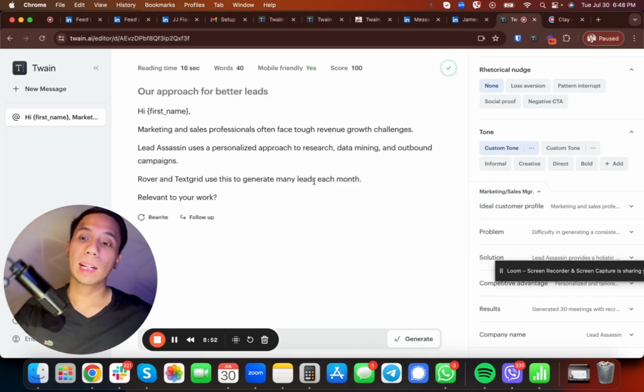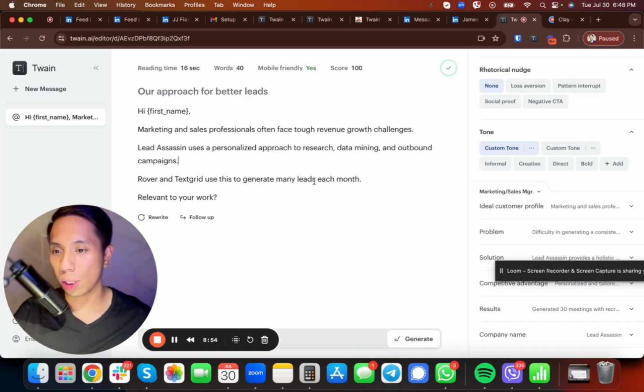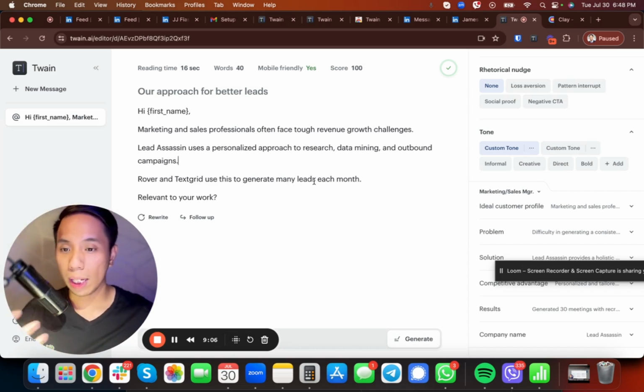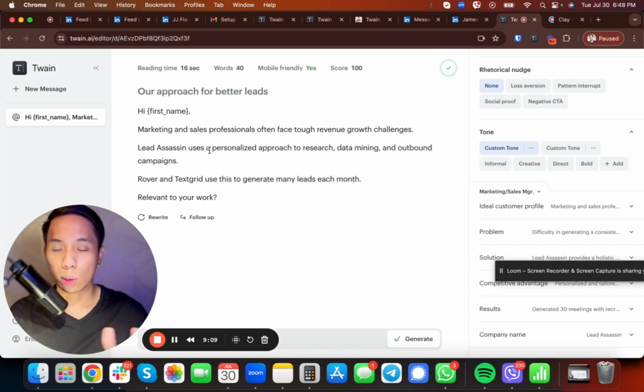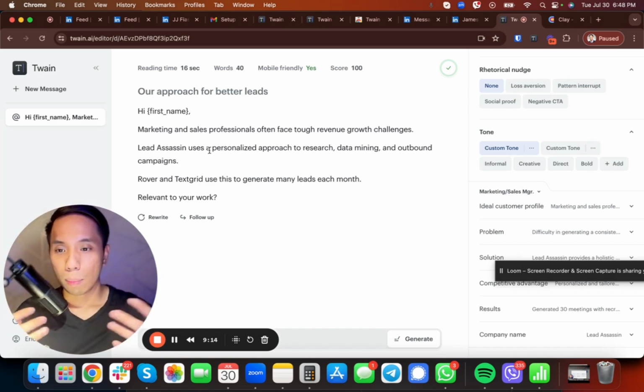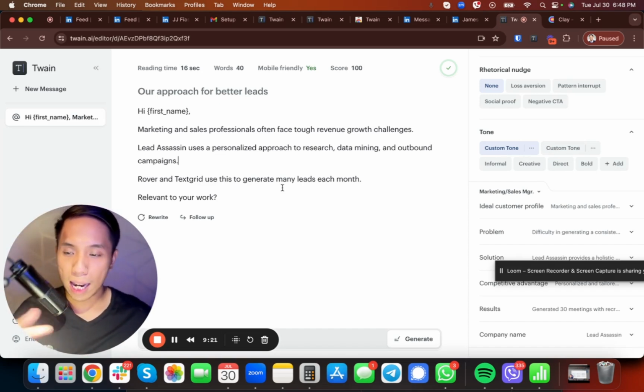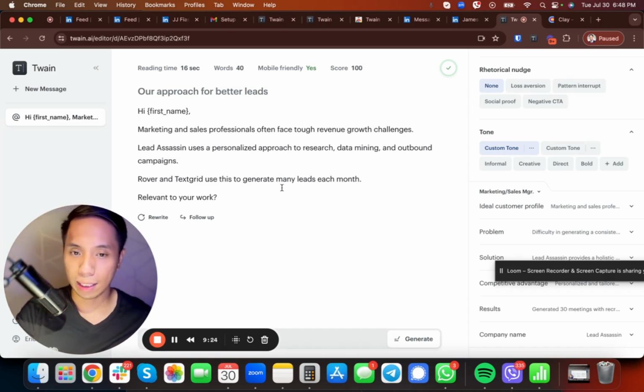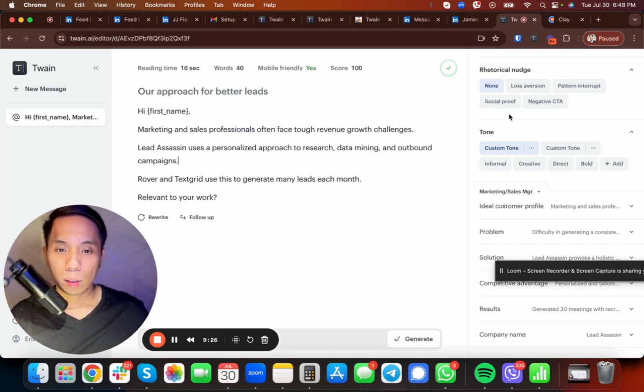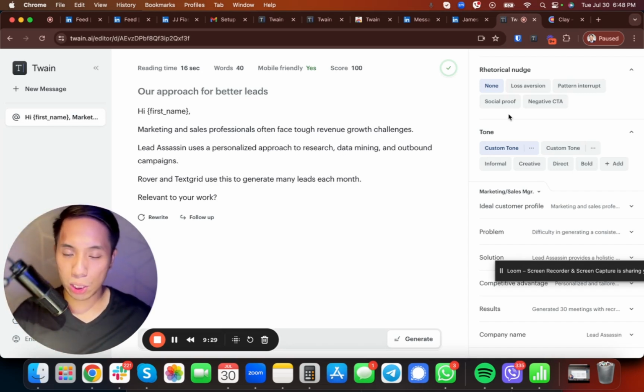All right. So basically, this is the result, and this is actually perfect if you just want to create a base copy or base cold email message, and then you can just simply make it by adding more custom variables or make more data points just to make this email more personalized. So this is actually one of the features of this tool, and what I really like about this tool upon testing this is that it can also write LinkedIn messages for you.